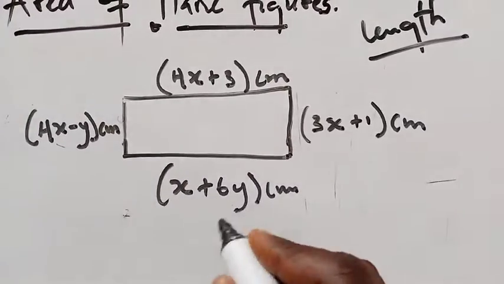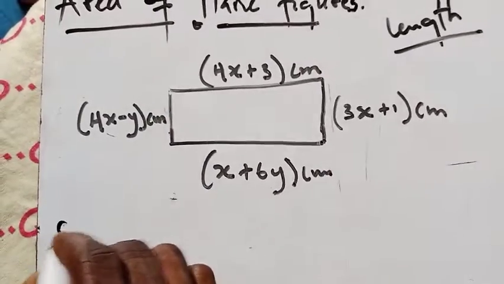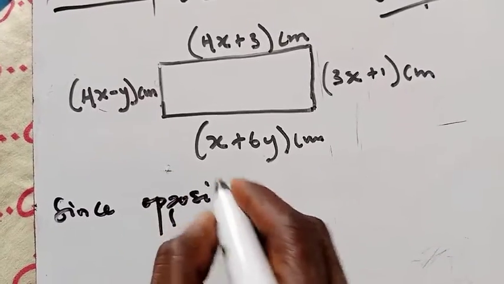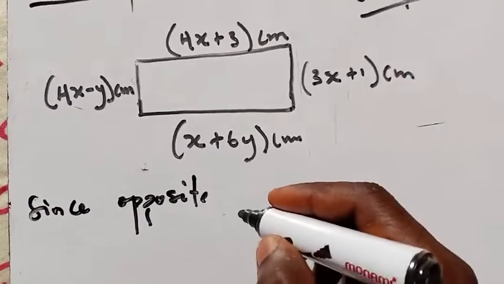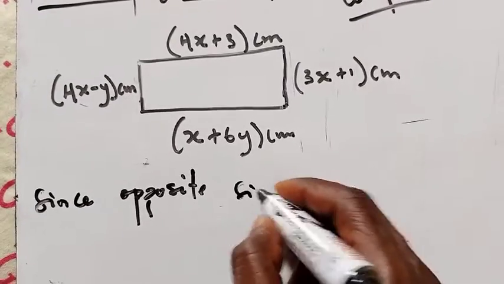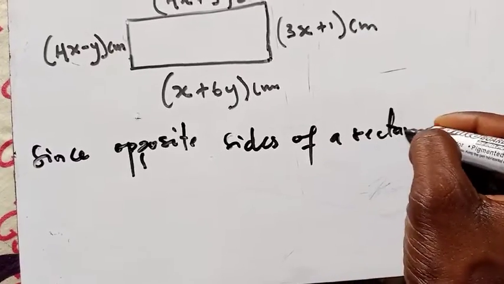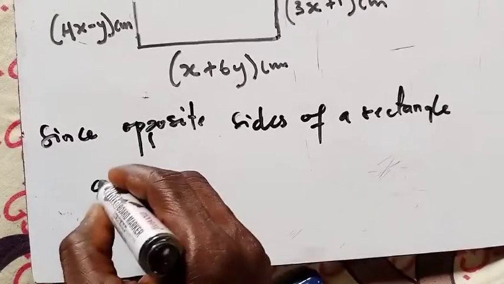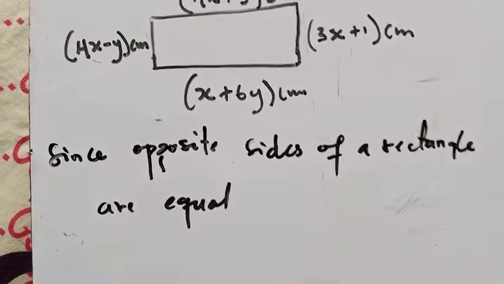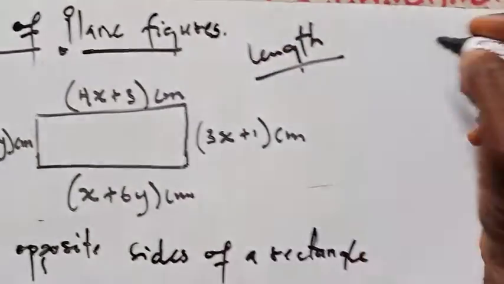Remember, we have some variables involved. So this is how to answer the question: opposite sides of a rectangle are equal. This should be our starting point. Since the opposite sides of a rectangle are equal, we have this side here,